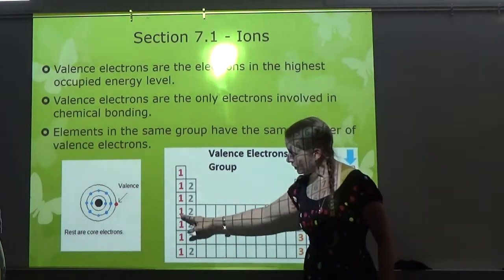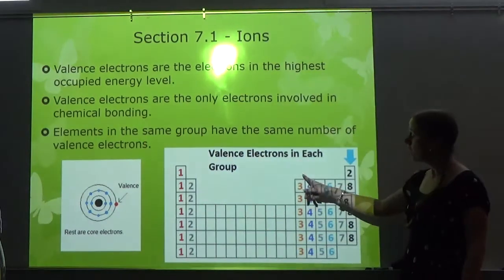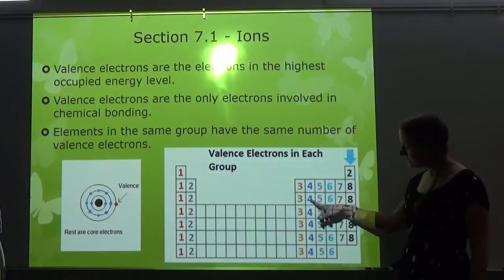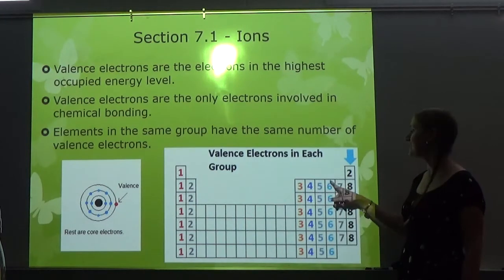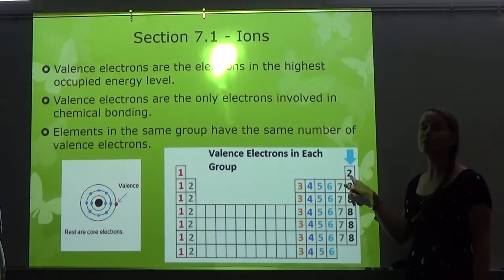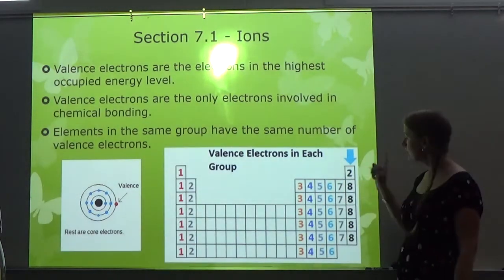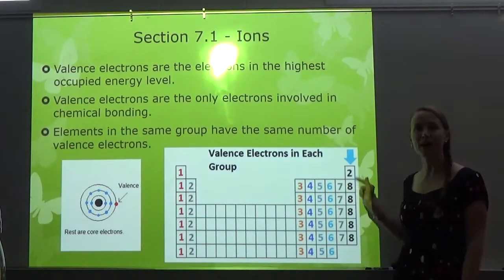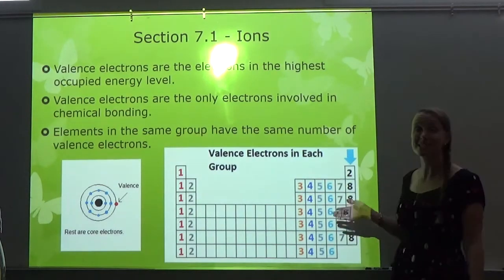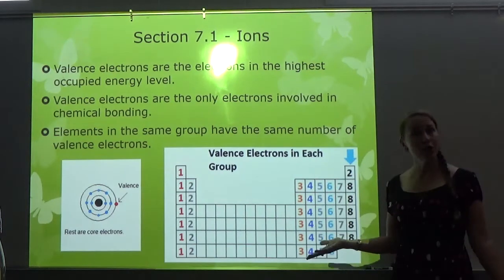So every element in group 1 has 1. Group 2 has 2 valence electrons. Group 13 has 3, 14 has 4, 15 has 5, 16 has 6, 17 has 7. Group 18 has 8 except for helium. Helium's in the first energy level, so remember it only has 2 electrons. So helium only has 2, so that's why I have this arrow here, just to point out the exception to the rule. But otherwise you can just find an element on the periodic table and know how many valence electrons it has,